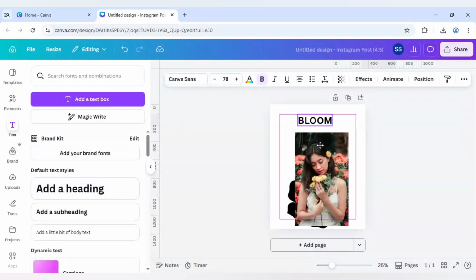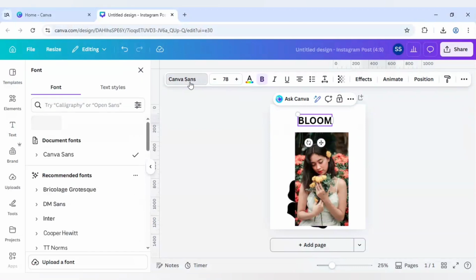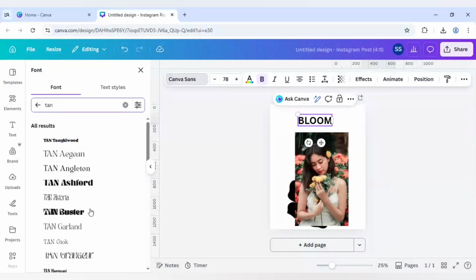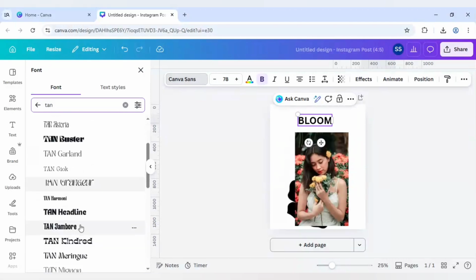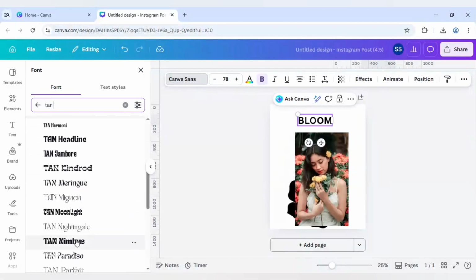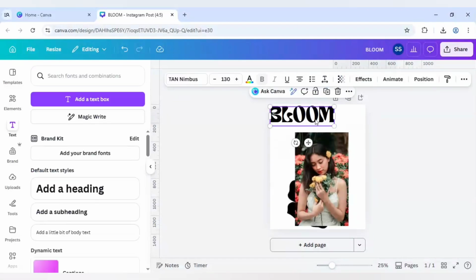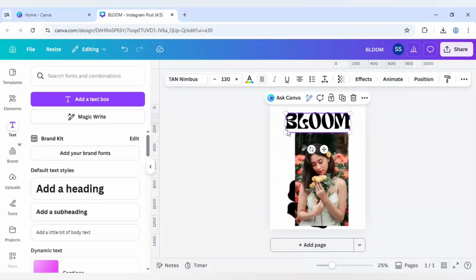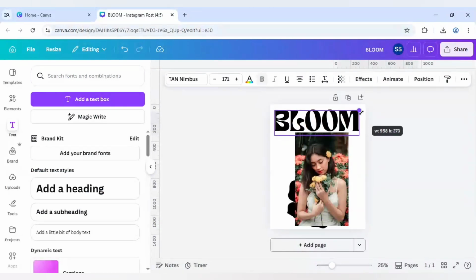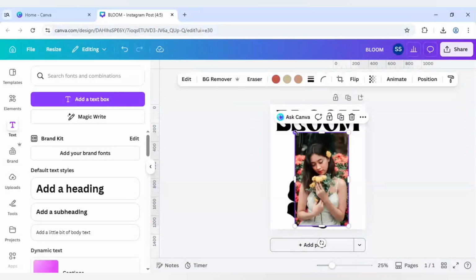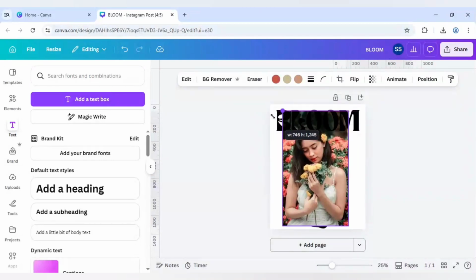Okay, and bring it above, and I will change the font to Nimbus. So I will just scroll down to find this one. Okay, and after that I will just make it bigger. I will bring it just here, and after that I will just make the image bigger,